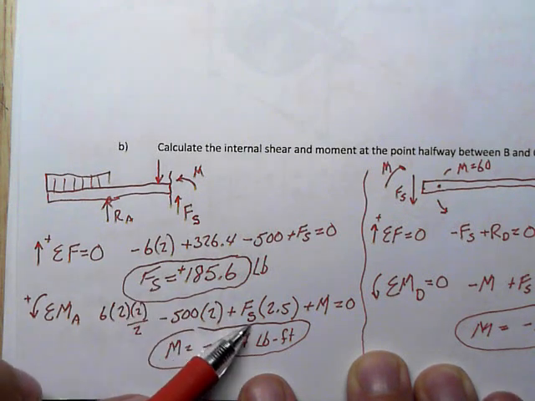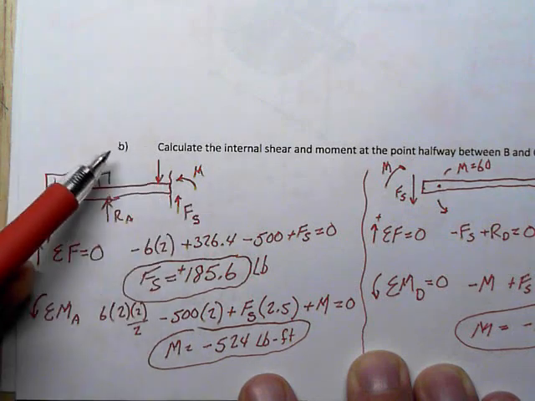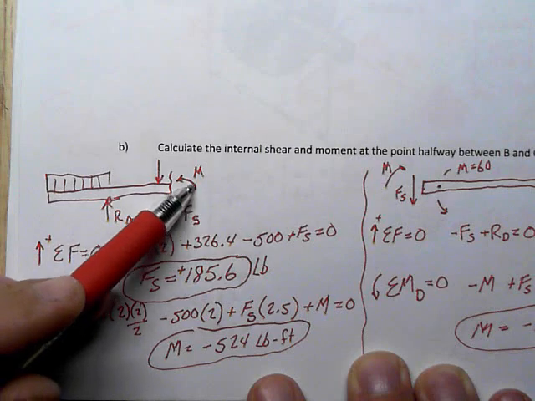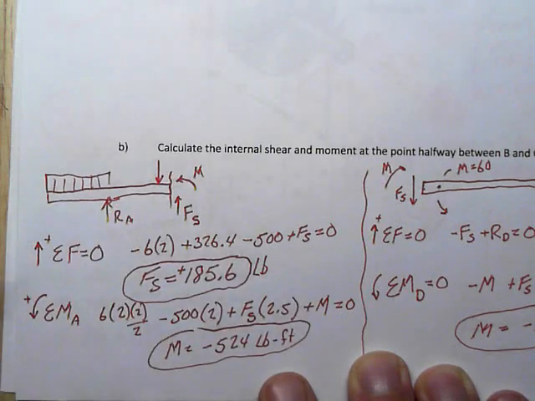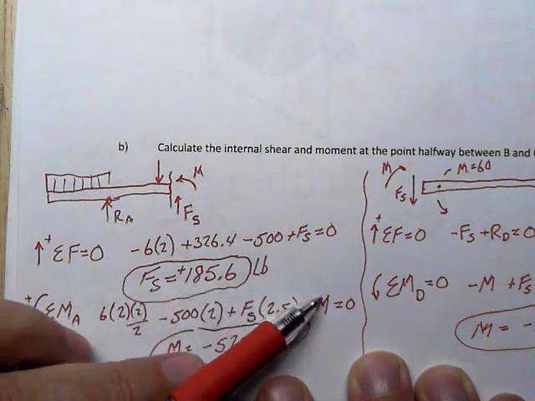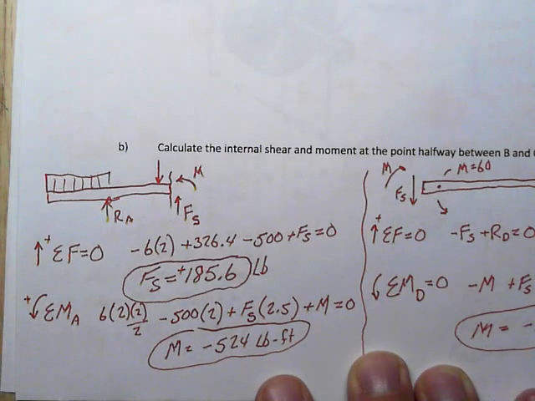I've got my shear force causing a positive moment, which is the shear force times 2.5, and then my unknown moment causing a positive moment. I do know the shear force is a positive 185.6. I plug that in, then we have one equation, one unknown, and I solve for that moment of minus 524